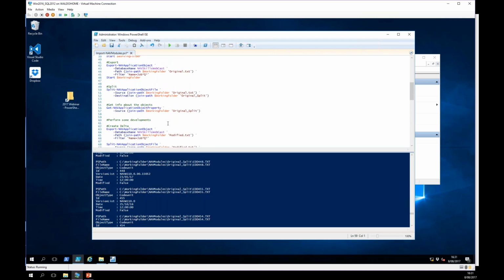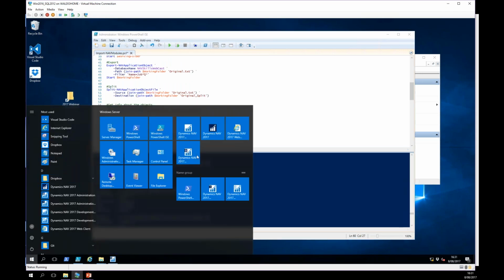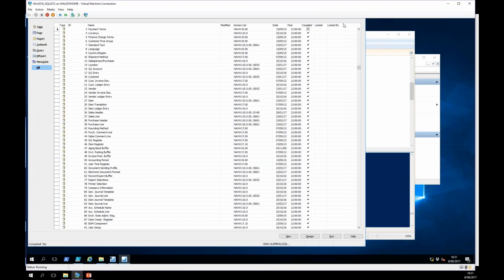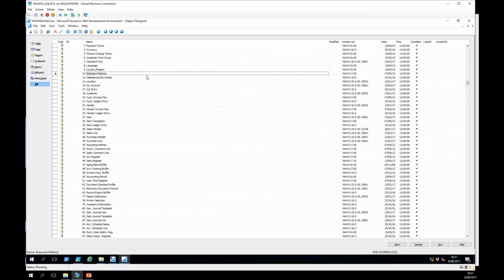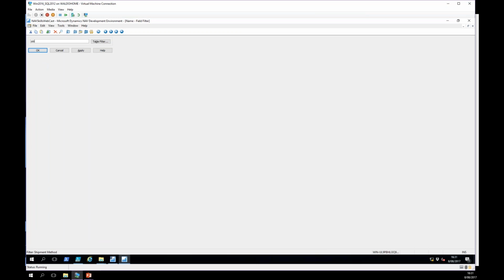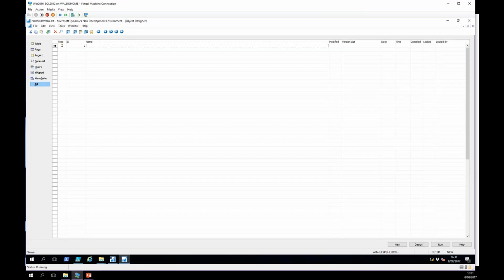Again, quite cool, and you can do quite a lot with that. Now let's do some developments. Let's open the development environment of this database. Should be the NAV skills. Yeah, that's this one. And what I did, I exported the job queue thing